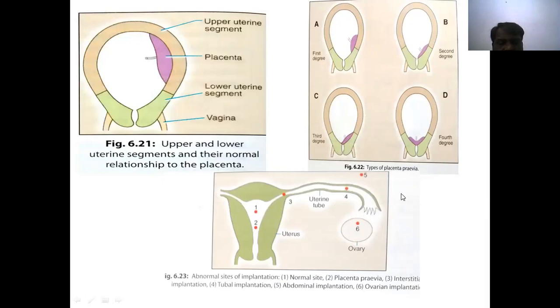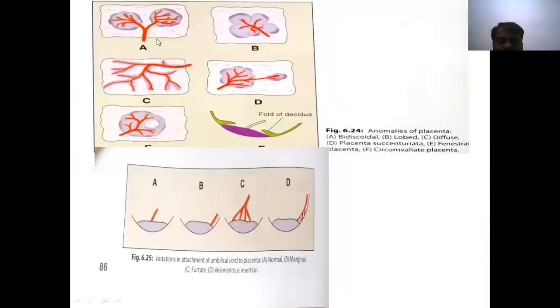This diagram is showing. Sometimes they may ask the question, what are the functions of the placenta? How is it formed? Next, anomalies. What are the anomalies of this? See here, placental anomalies. One is the bilobulated, then lobulated, then diffused placenta, succenturiate, discoid, and this is the circumvallate placenta. Sometimes umbilical cord 1, 2, 3, 4. So like this, abnormal position. So we are expecting from here the placenta formation and its functions, anomalies.